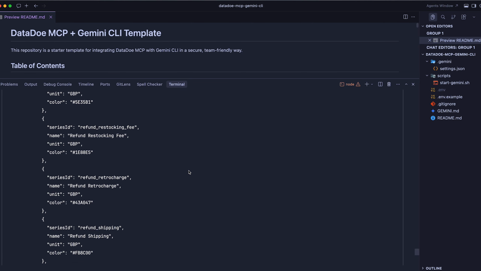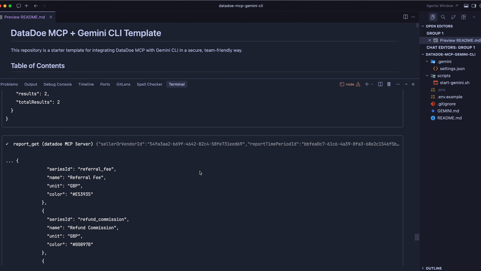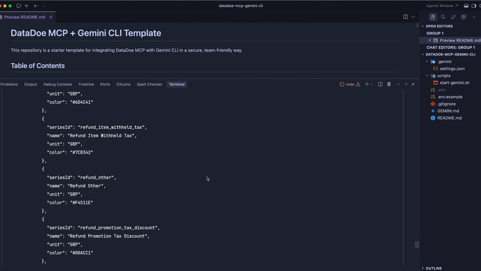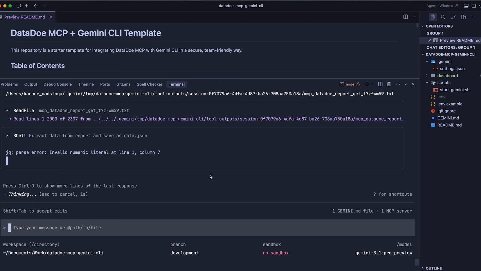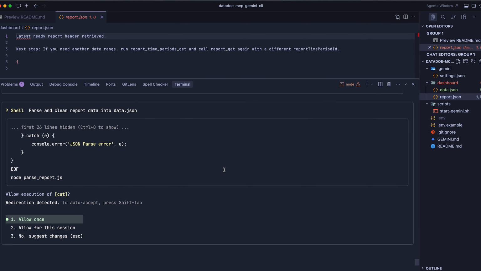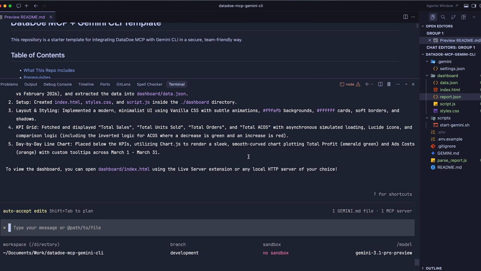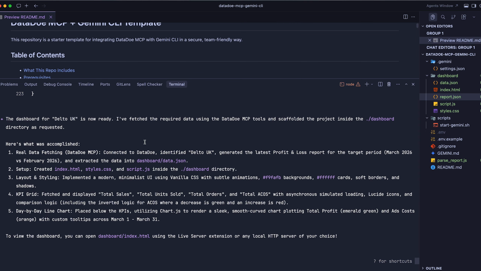So now, as you can see, there is a phase where the AI agent is trying to retrieve data from DataDoe MCP before it starts building the dashboard. Okay, and now I gave permission to create a directory in our project directory, and then the agent created some JSON files, and then probably it injects data from DataDoe MCP. So again, let's allow for the session. Okay, and now there is a short summary that informs us that our dashboard is ready